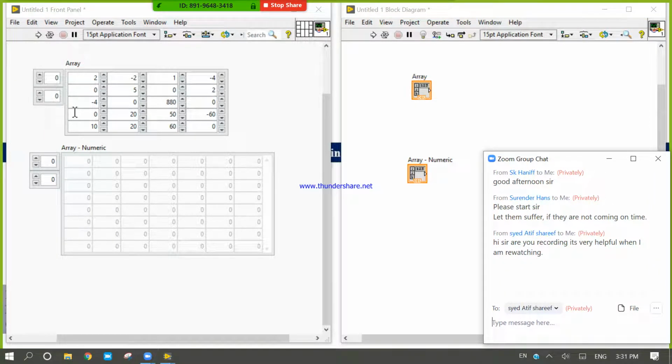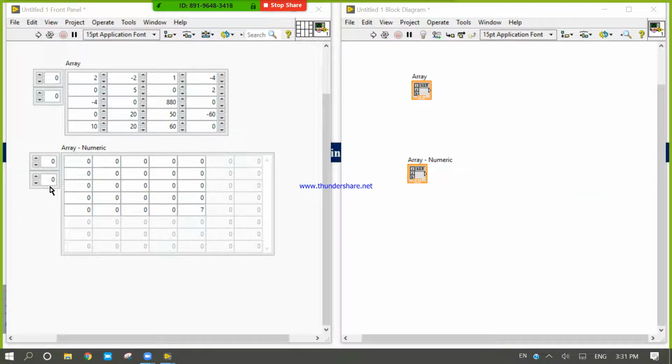So it is just an array without any kind of inputs. It's an uninitialized array. To initialize, you need to write anything. So now this portion of this array is initialized. This portion 0 is also one value, so this portion is initialized. The other portion is uninitialized. So for that, what can we do? Let's see.